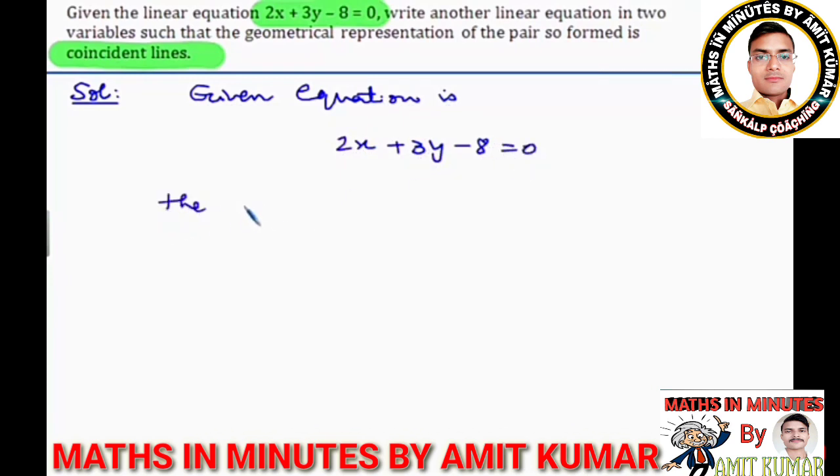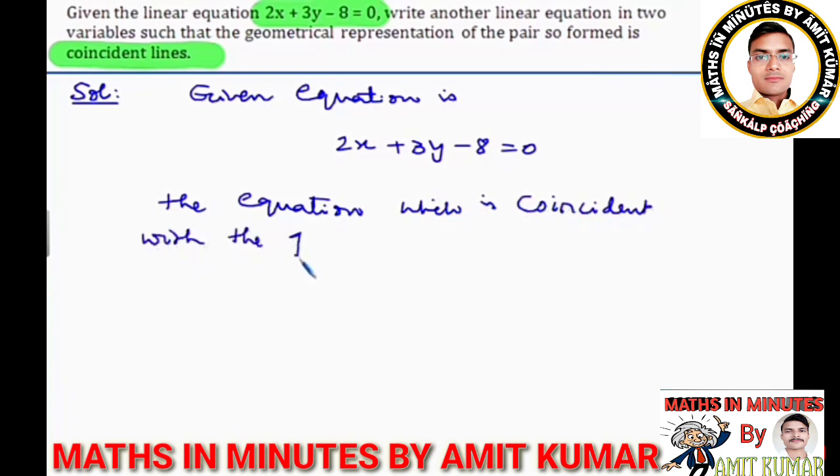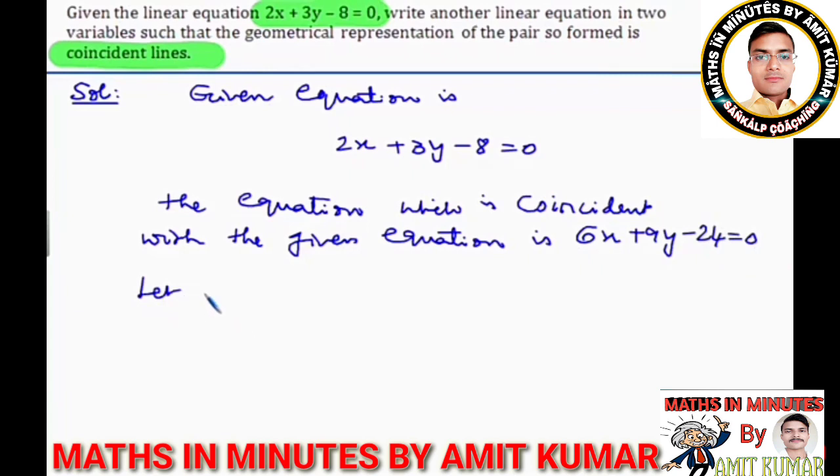यहाँ भी हमें क्या करना है, 2x plus 3y minus 8 is equal to 0 के साथ एक पैरेलल इक्वेशन लिखनी है जो कि क्या है, कोइंसिडेंट लाइन फॉर्म करती है। मींस एक्स वाई और जो कांस्टेंट टर्म है वो सभी क्या होने चाहिए, अगर कंपेयर करें तो इक्वल आना चाहिए। मींस a1 अपॉन a2, b1 अपॉन b2 और c1 अपॉन c2 तीनों ही कंडीशंस क्या होनी चाहिए, इक्वल होनी चाहिए, तब ये क्या हो सकती है, कोइंसिडेंट लाइंस फॉर्म होगी। ठीक है, तो हम एक इक्वेशन लेट कर रहे हैं 2x प्लस 3y माइनस 8 के पेयर बनाने के लिए, जो कि है 6x plus 9y minus 24 is equal to 0, and now we are comparing